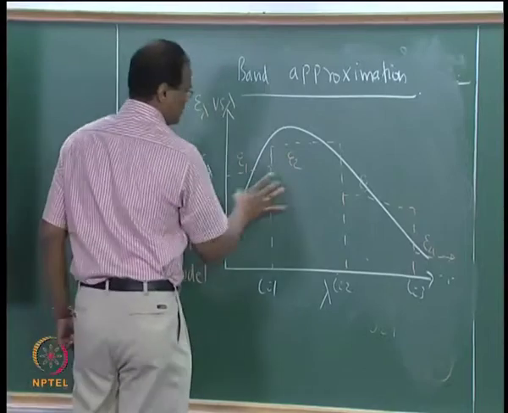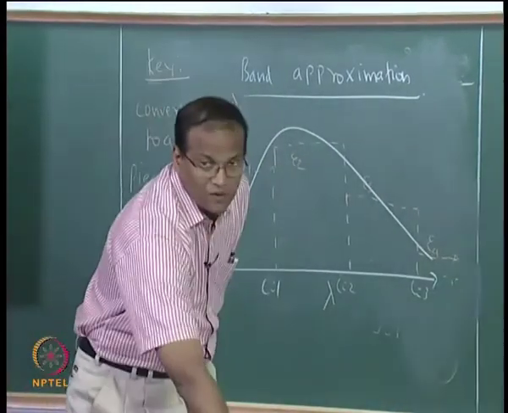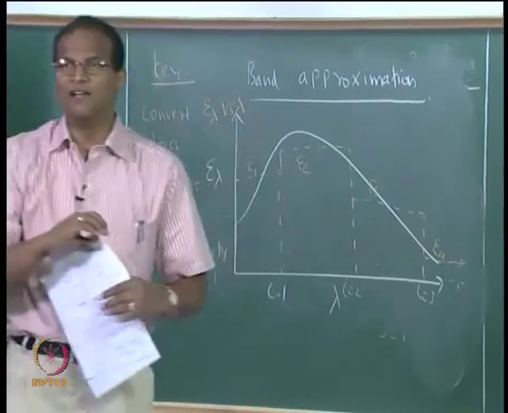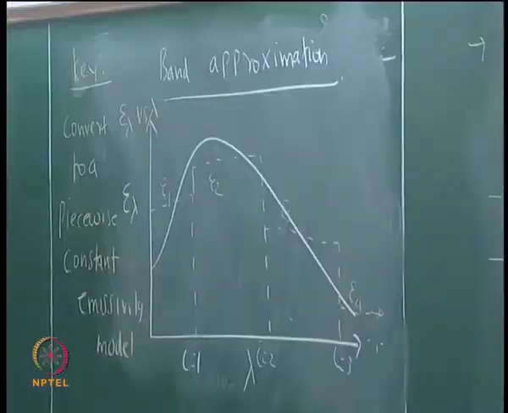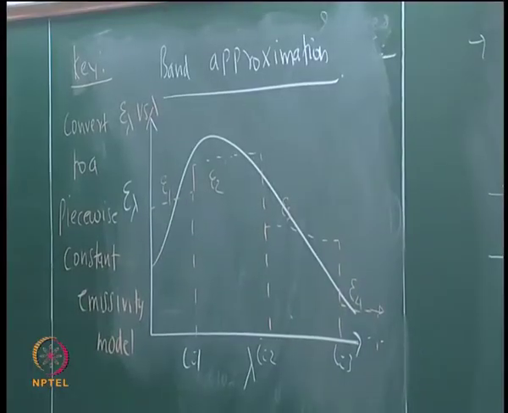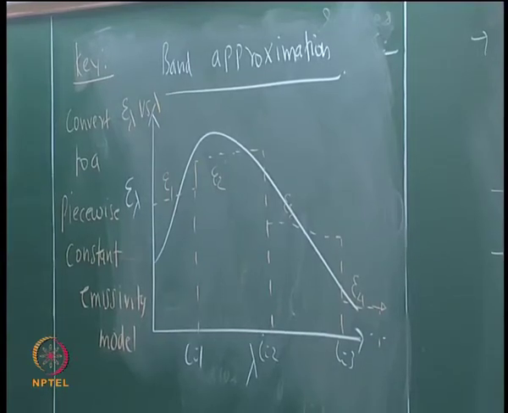So piecewise first piece, second piece, so it is a piecewise constant emissivity model. Of course you can have a piecewise linearly varying emissivity model, that will be a little more complicated. So when do you think the complexity will increase? As I keep talking, you can note down the points also. The complexity will increase if we employ more bands.